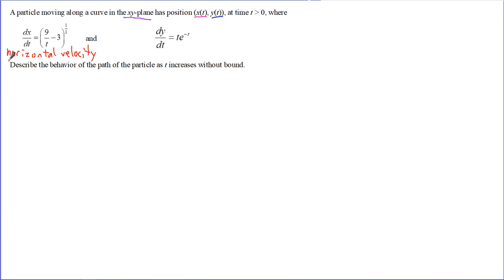Telling you how it's moving in the horizontal direction, left to right. And dy/dt is the vertical velocity. That tells you how much it's moving up or down, and which way. So describe the behavior of the path of the particle